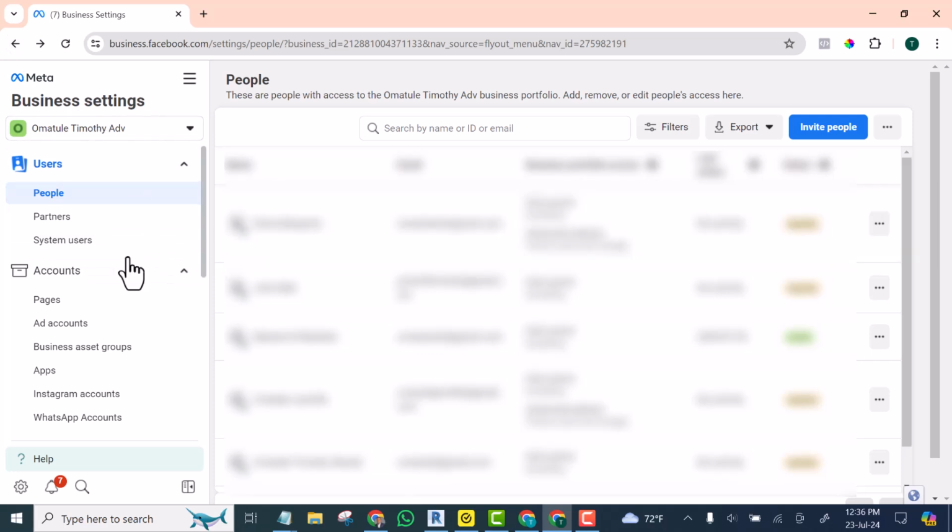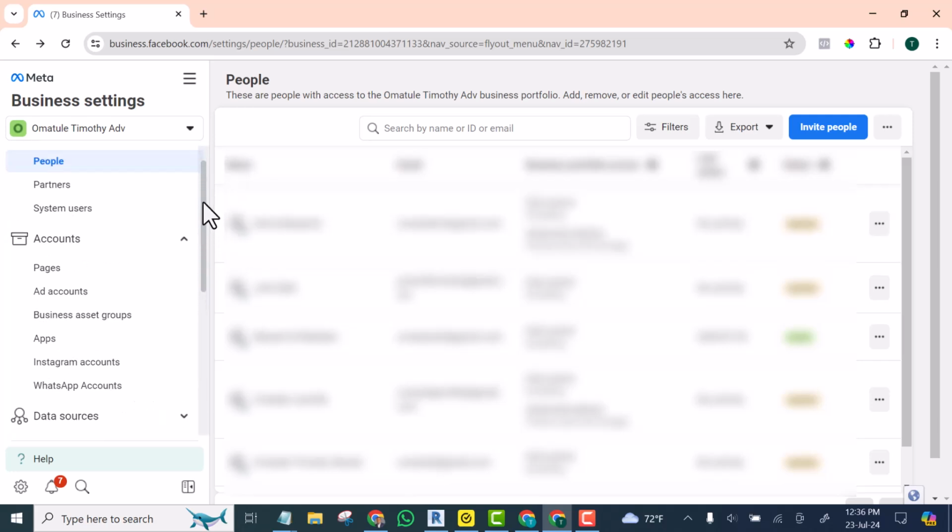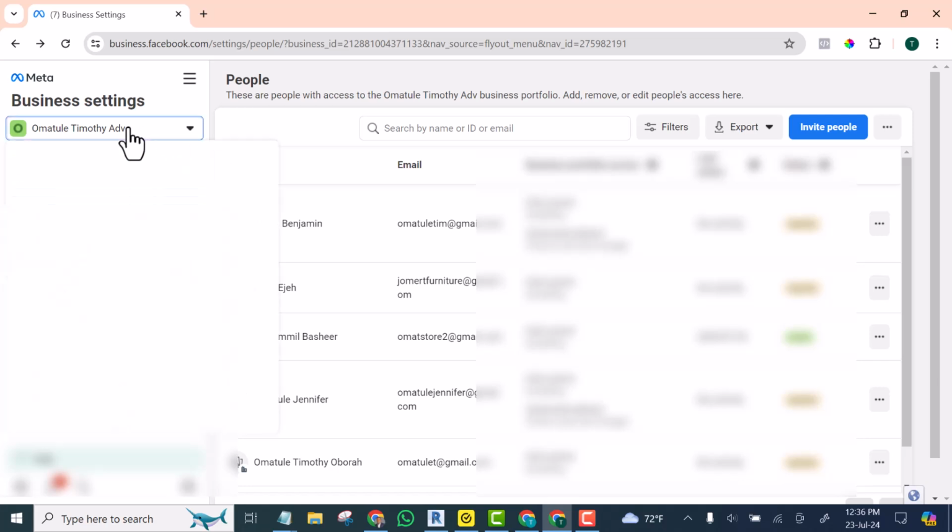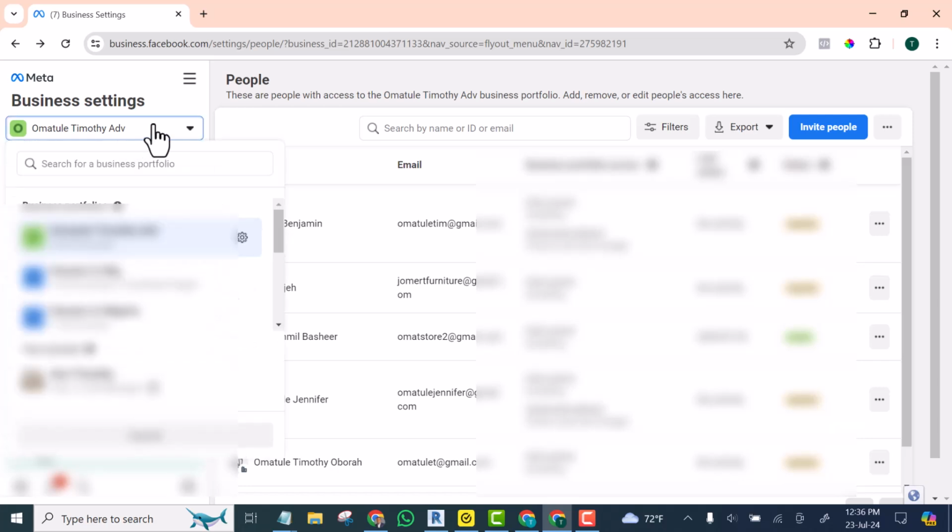Quickly, I want to show you guys how to add your Facebook page to your business manager account. I've logged into my business manager account now, and I select that particular business I want to add the page to. Make sure you have selected it